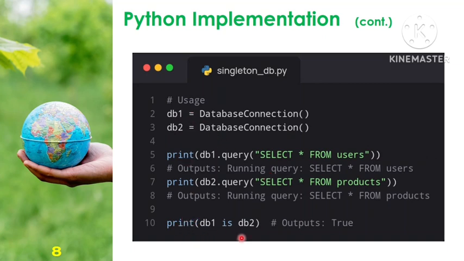So if we do this identity check, db1 is db2, that's going to output true, which clearly shows that our singleton class is implemented successfully, and we really have one single object, a global point of access. So go on and create as many objects as you want. They're all going to refer to the same instance. We're not going to have more than one instance. They're all referring to the very same address in memory,